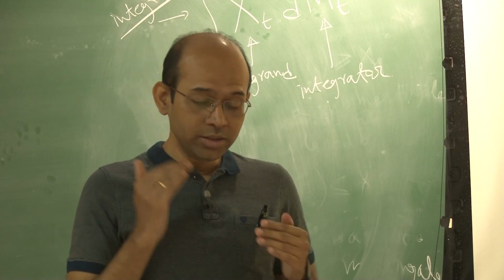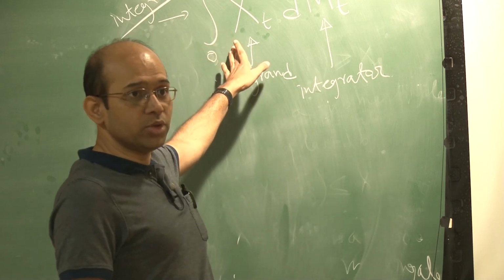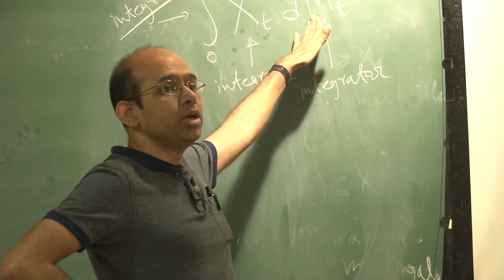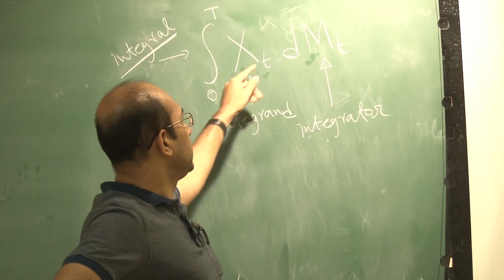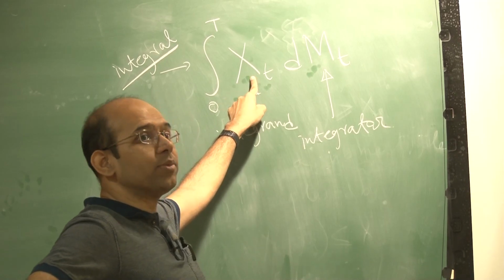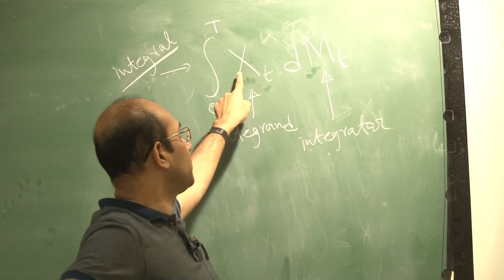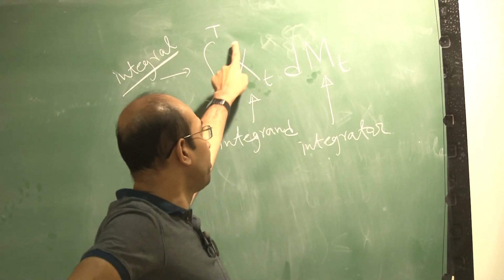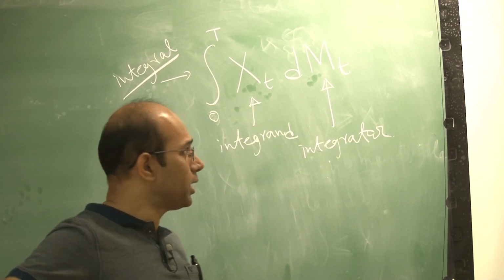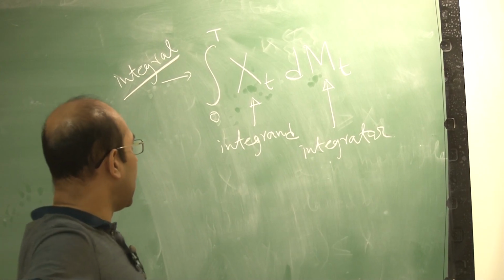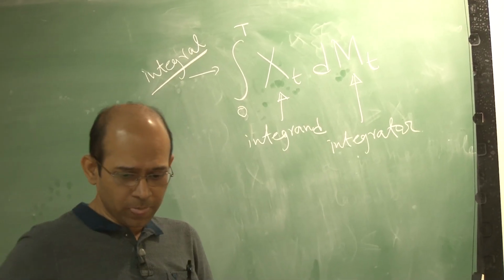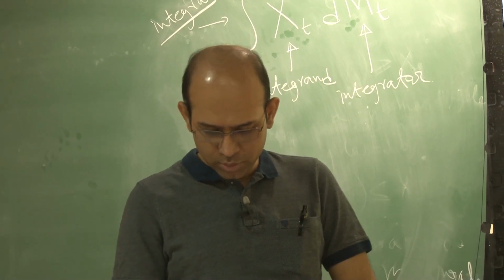So, if we need to define an integral for an m whose quadratic variation need not be absolutely continuous with respect to time, then I should consider the integrand not from Lm, but from L star of m. Why? Because if I consider it from L star m, then I can approximate it using that L0 space, and perhaps that would allow me to give a meaning to this integration, but I have not come to that point yet. I would come to that soon.